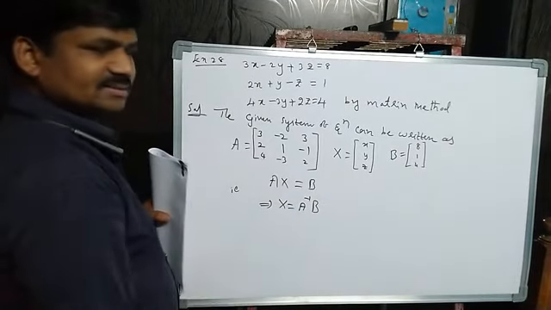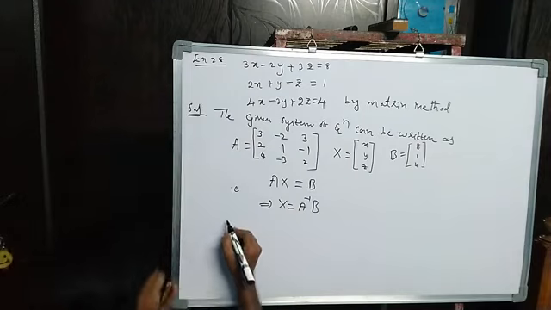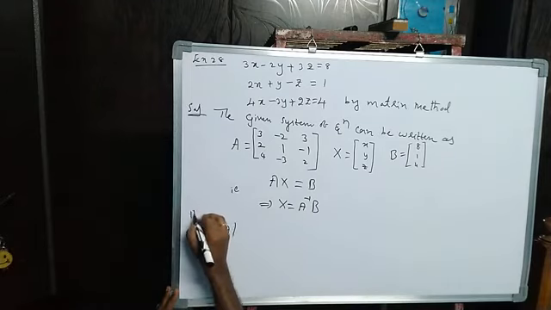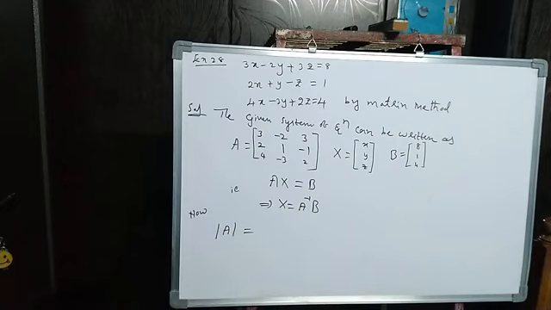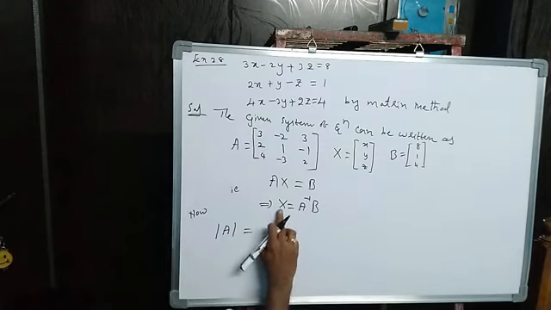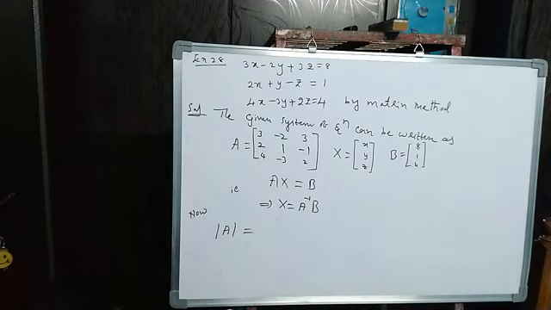Now to find A inverse, first what do we have to find? We have to find the determinant of A. Why first? Because we don't know whether A inverse exists or not. It depends upon the determinant of A only. We already proved a theorem: if the determinant of A is not equal to 0, then A is non-singular, and non-singular means A inverse exists. Whenever A inverse exists, you can find the x value, y value, z value, that is, the solutions. Are you understanding or not?